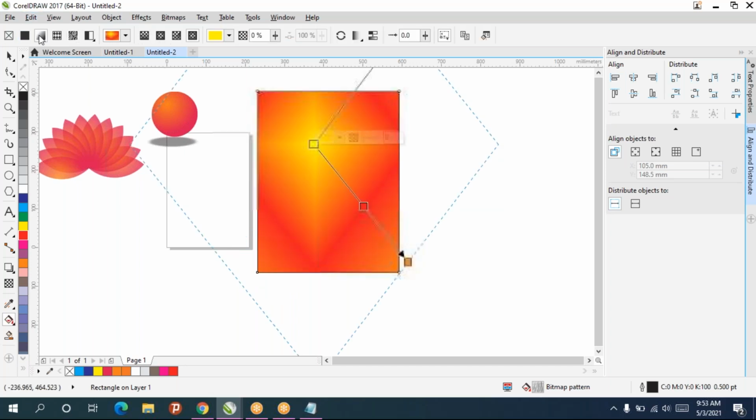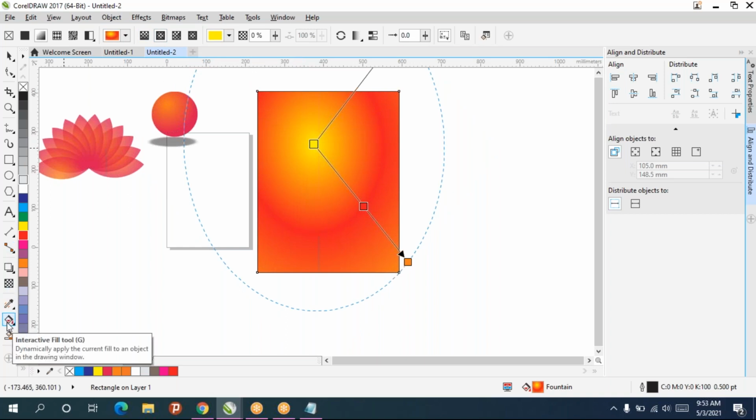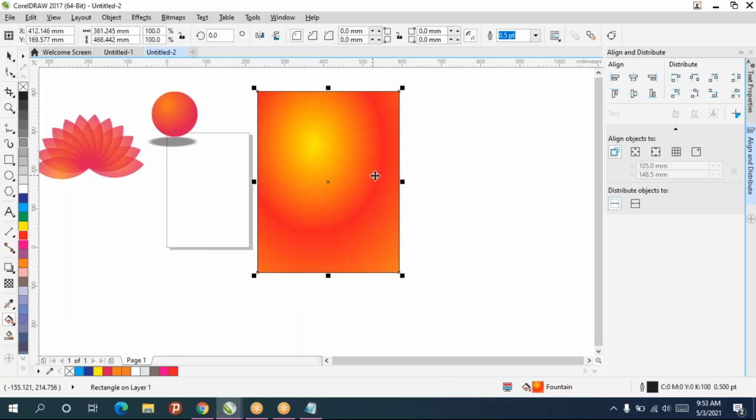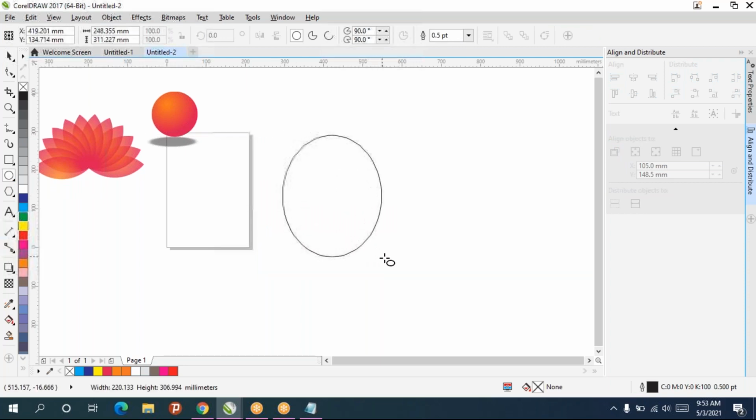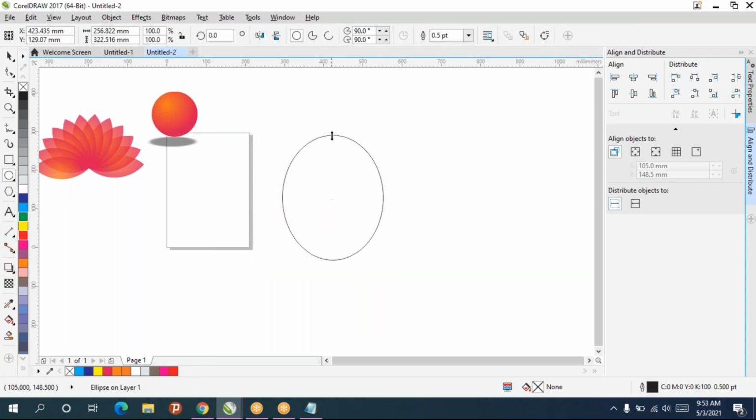Or if you want normal you can select. So this everything is available in interactive fill, which the shortcut is G. Okay. I'll press Control Q.